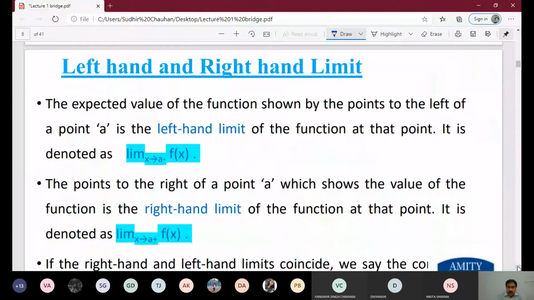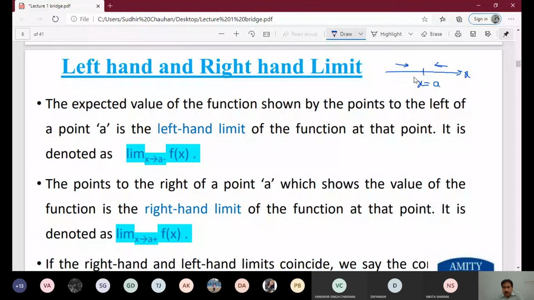So we have two types of limits in the case of a single variable. Suppose we take any point, and we generally take it along the real axis. Suppose this is the real line, that is x, and we take x is equal to a. We can approach x is equal to a either from the left or from the right. So we have only two different ways to approach x is equal to a.